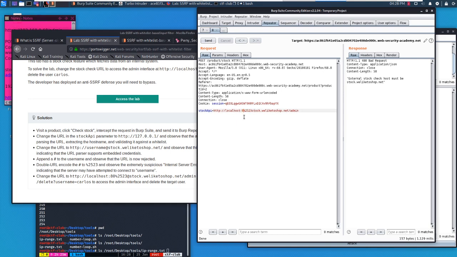Is it really just going to come down to the 80? No, it isn't. Localhost and 23, so we can use in succession the